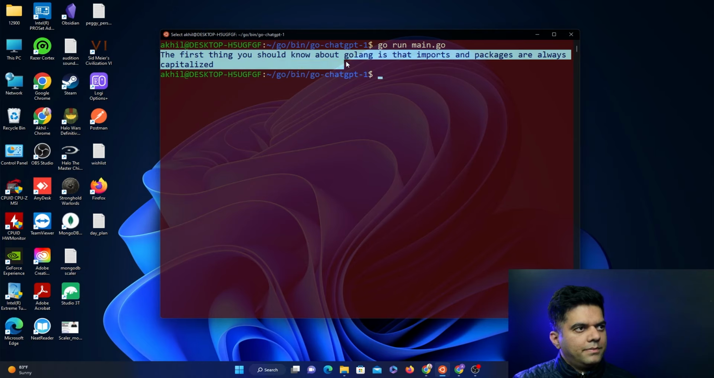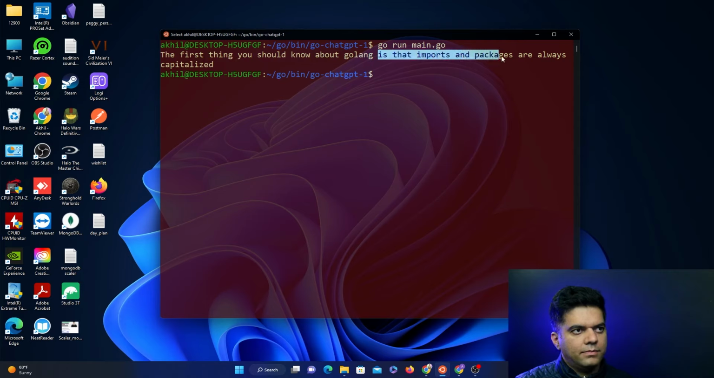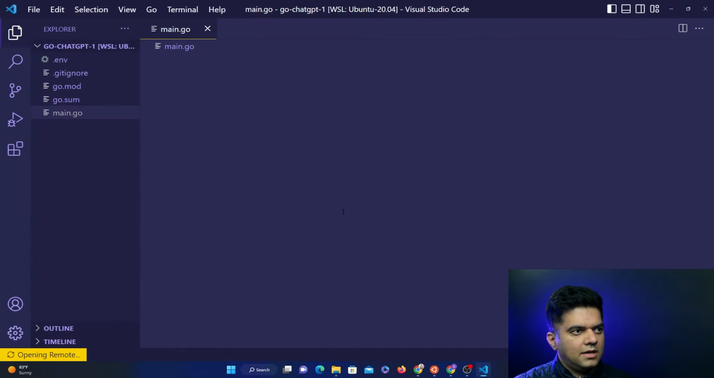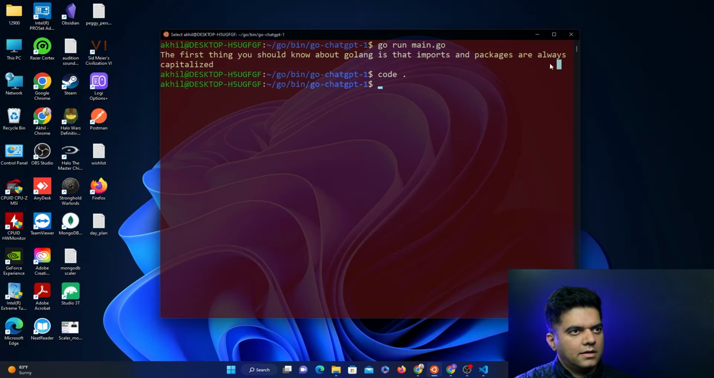So this is the prompt that I sent it: the first thing you should know about GoLang. I used the completions API from ChatGPT, and it completes the sentence for me. It says that imports and packages are always capitalized. Okay, so let me quickly show you the code. I'm sending it simply a prompt, the first thing you should know about GoLang is, and it sends me back the entire completed sentence. Similarly,